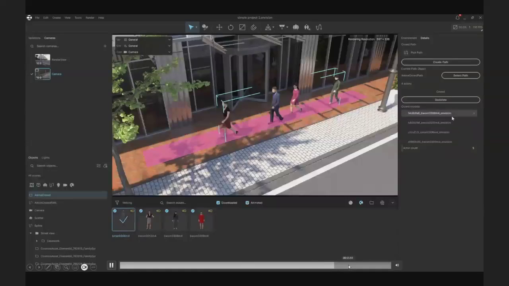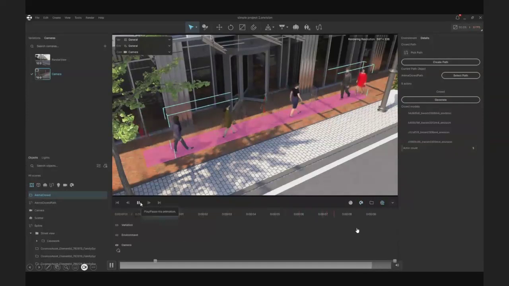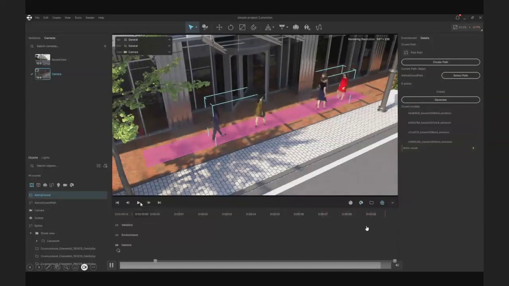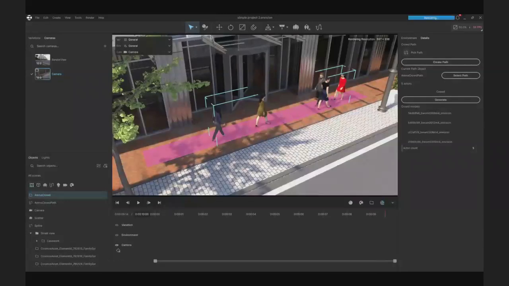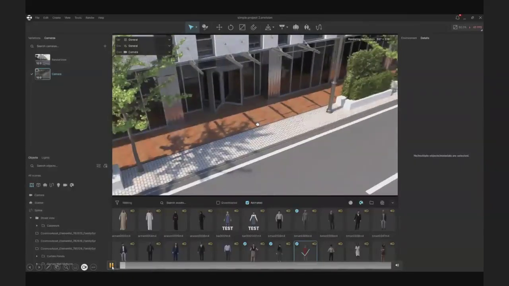We can generate them and play the animation to see how it will look. So they can move around, they will not overlap. They will have their distance, they will respect their privacy, if I can describe it like that. And yeah, we'll have an animation right here, really easy and really fast.